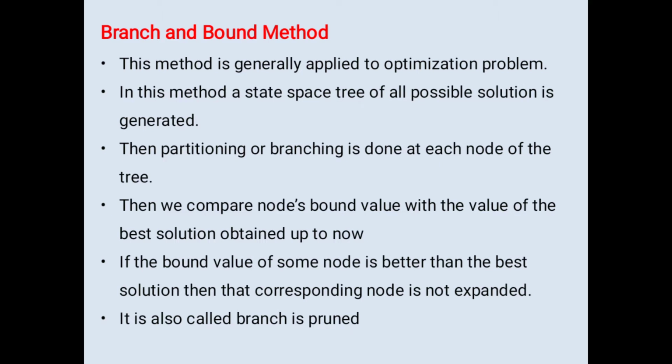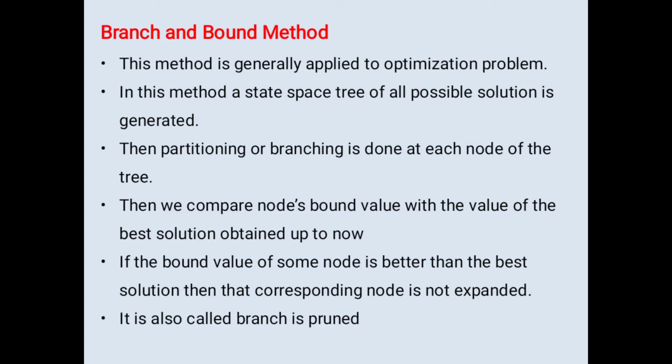First, generate the possible solutions of a problem. Then, after getting the possible solutions, analyze whether the solution is partitioning or branching. What does partitioning mean? It means the solution is nearly the best solution, that is, it specifies or satisfies partial constraints or partial conditions. Such solutions are called partitioning.